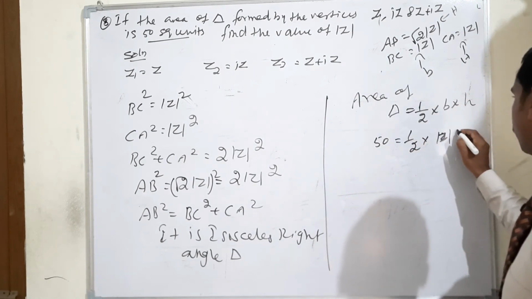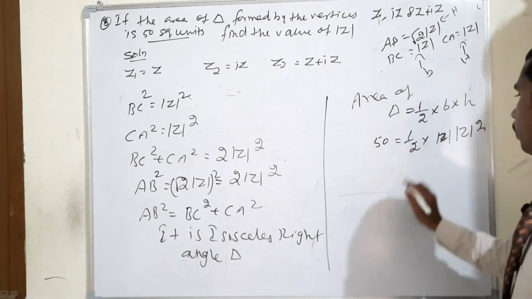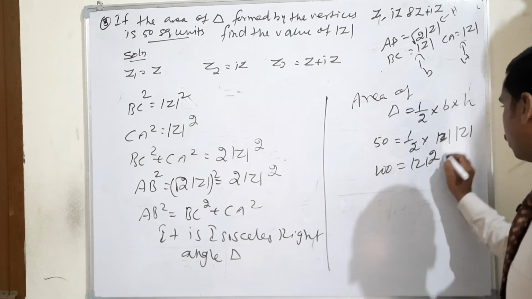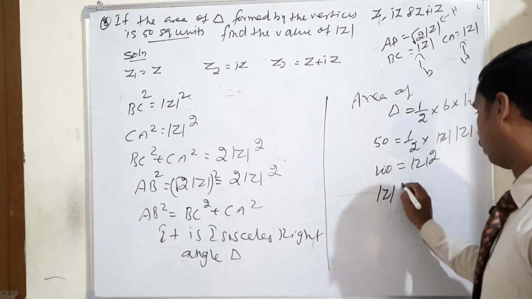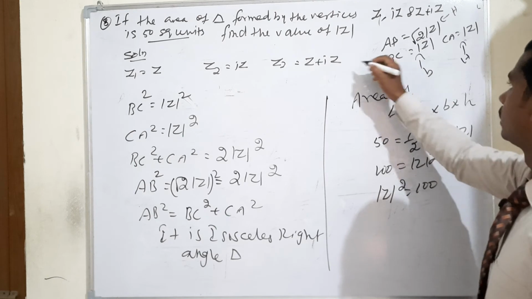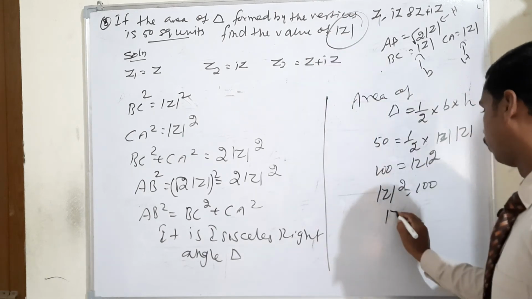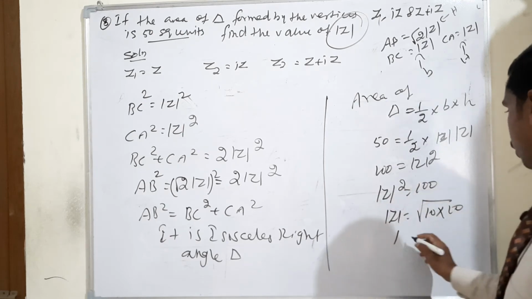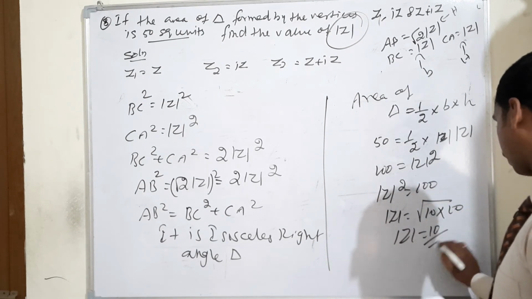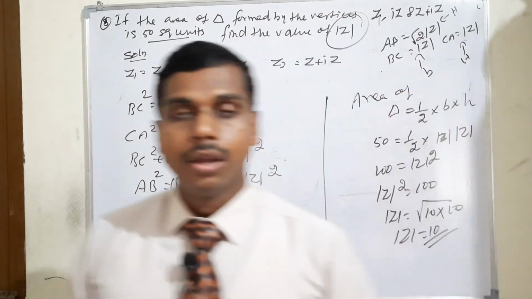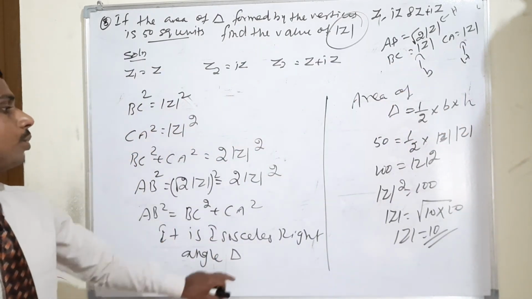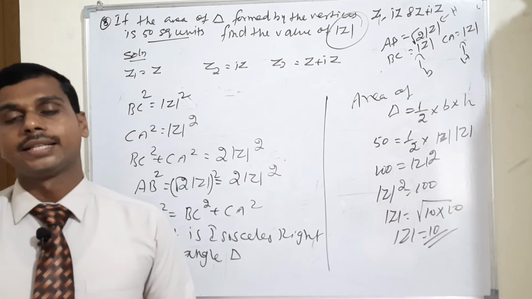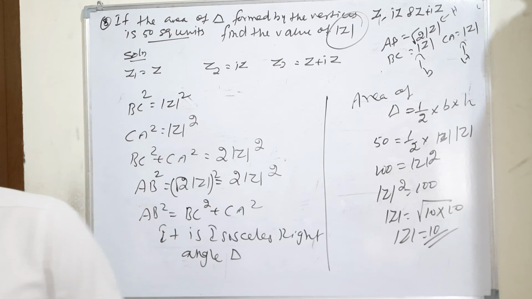modulus z into, again also modulus z. Again 50 into 2, 100 is equal to, sorry here not square, so modulus of z square. Therefore modulus of z square is equal to 100, means we need modulus of z, therefore modulus of z is equal to square root of 10 into 10. So 10 into 10 means modulus of z is equal to 10 will come. This is our final answer. Okay. So important questions we are discussing one by one. Then we have only 2 questions balance from exercise 2.5. Keep it for test. Okay.